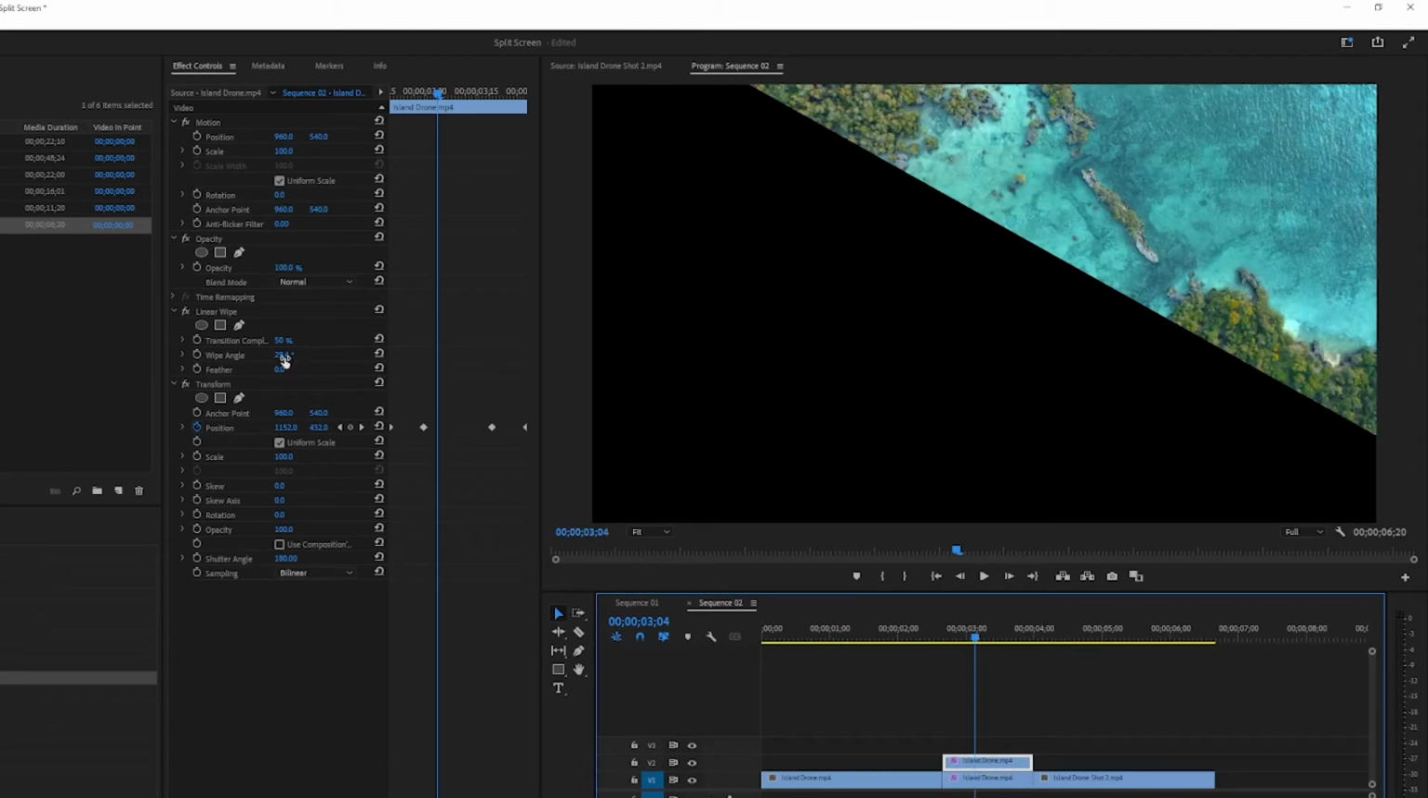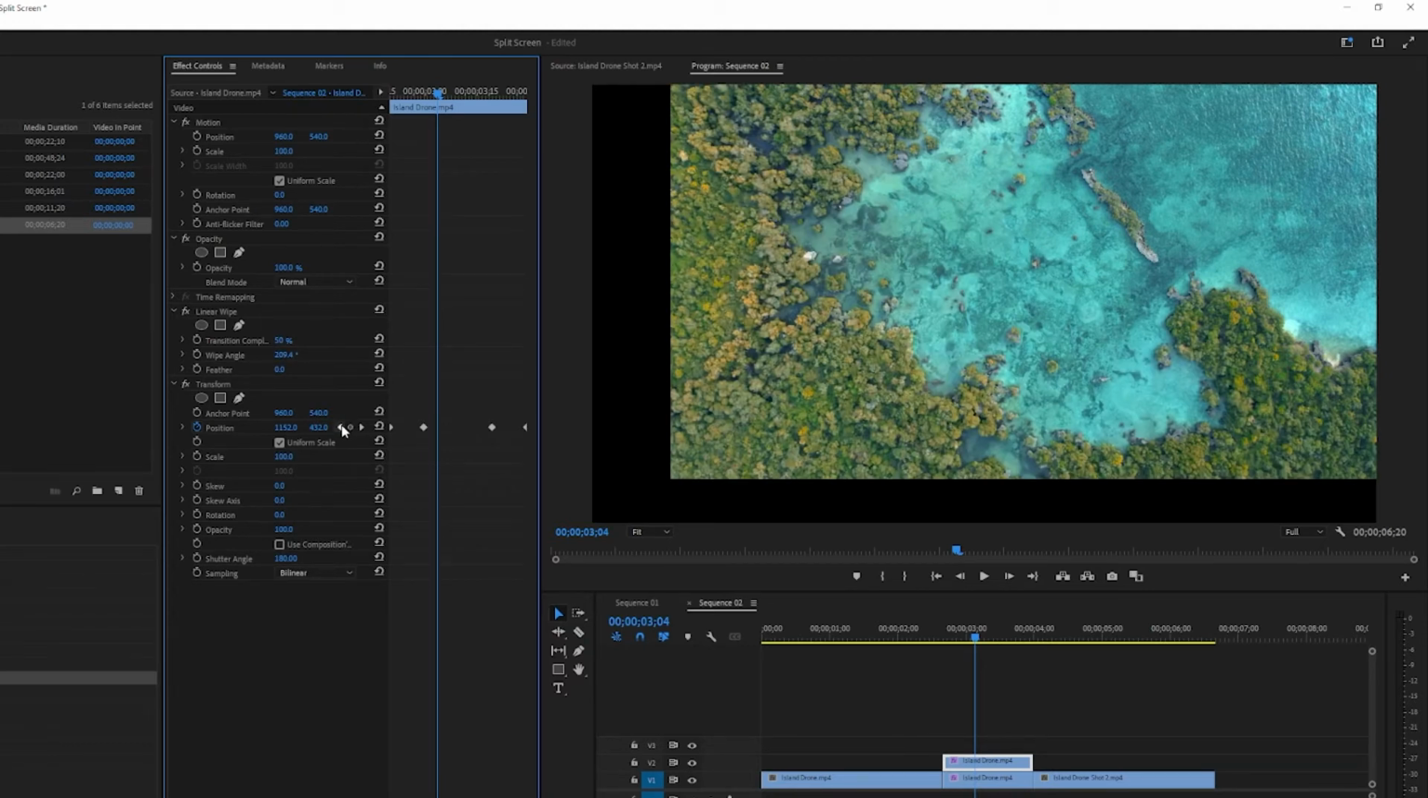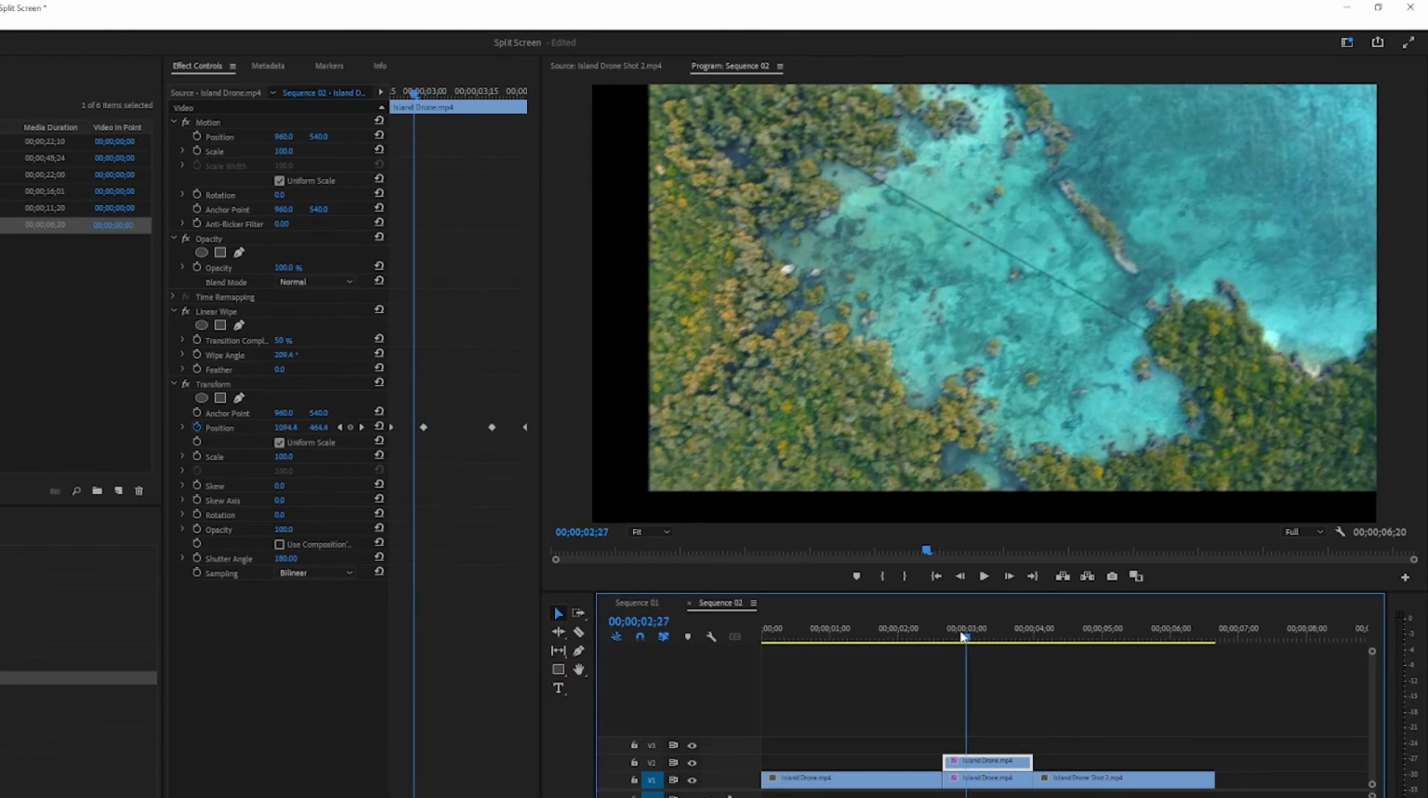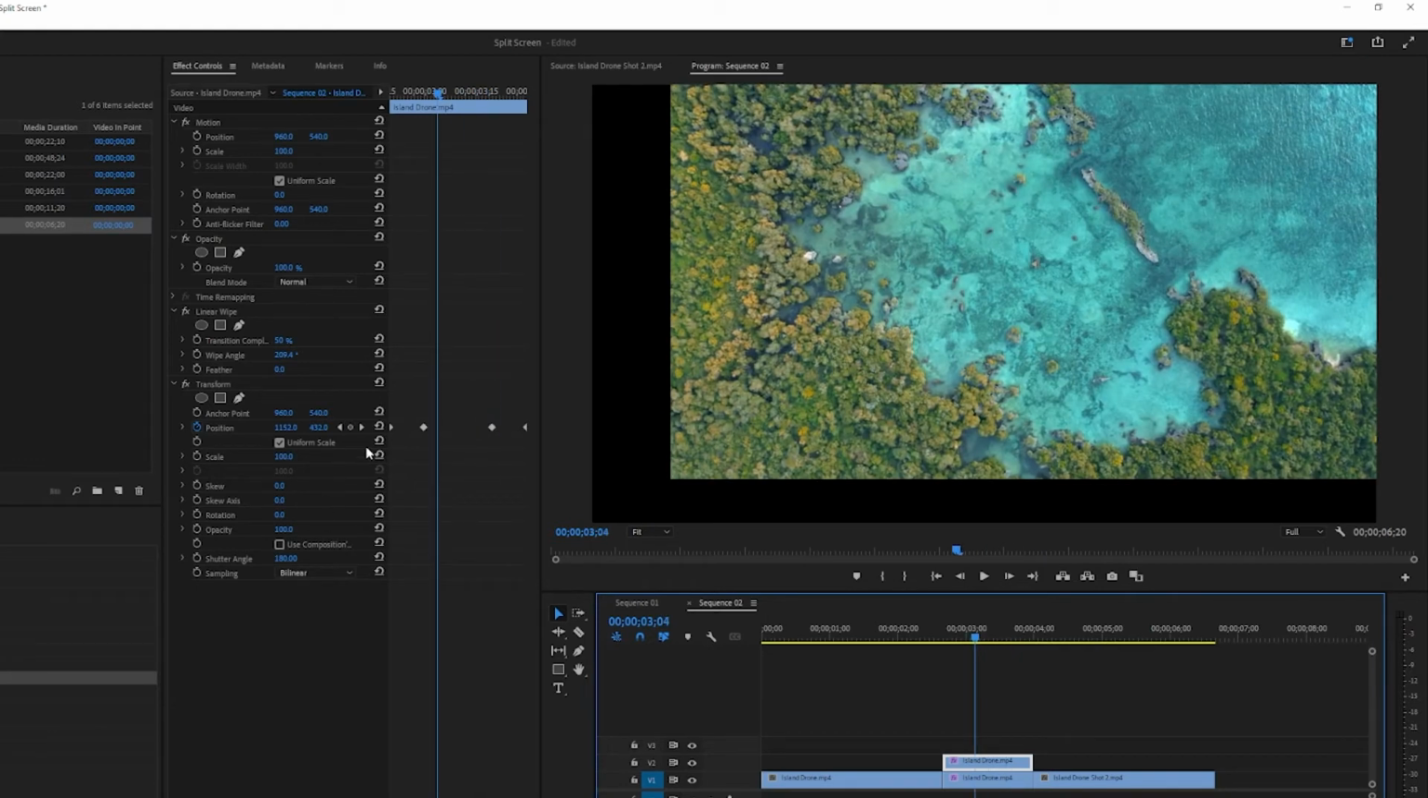And I want the opposite wipe angle now. So the opposite is this degrees here plus 180. So that's going to be 209.4. And of course, this will not really work that well, but this is because we need to also change our